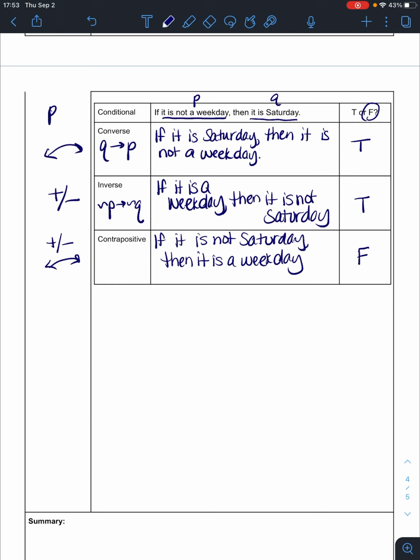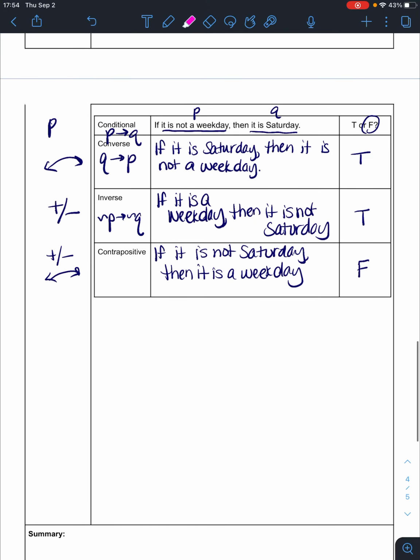Okay, so let's break it back down. Remember, your conditional was P then Q. To get the converse, we switch them, Q then P. To get the inverse, you go back to your original and you negate it. If it already says not, you remove not. If it doesn't say not, you add not. And then your contrapositive makes the original statement negative and switches it. Or you can cheat kind of and look at your inverse and just switch the order of your inverse. So you have it, you switch it, you negate it, and then you switch it. That's kind of a way that you can